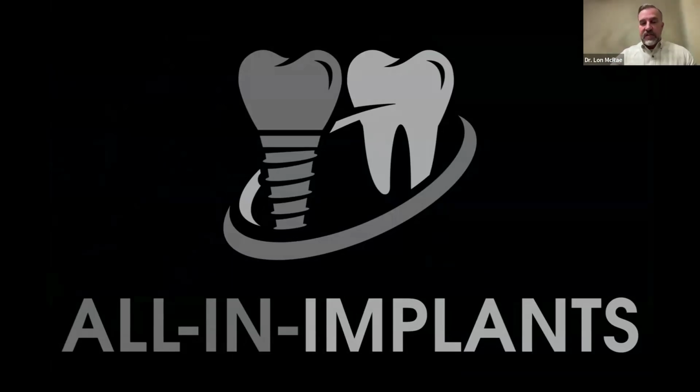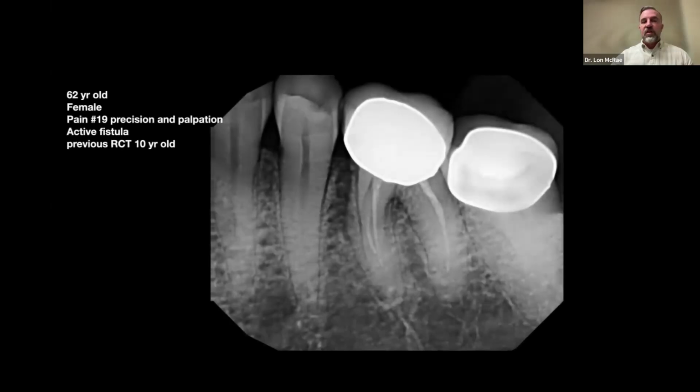So let's just take this case. Patient comes in. She's a 62-year-old female. She has pain on tooth number 19. She has percussion and palpation sensitivity. She has an active fistula. She has active infection. I do it a little different now if they have active infection, but I want to